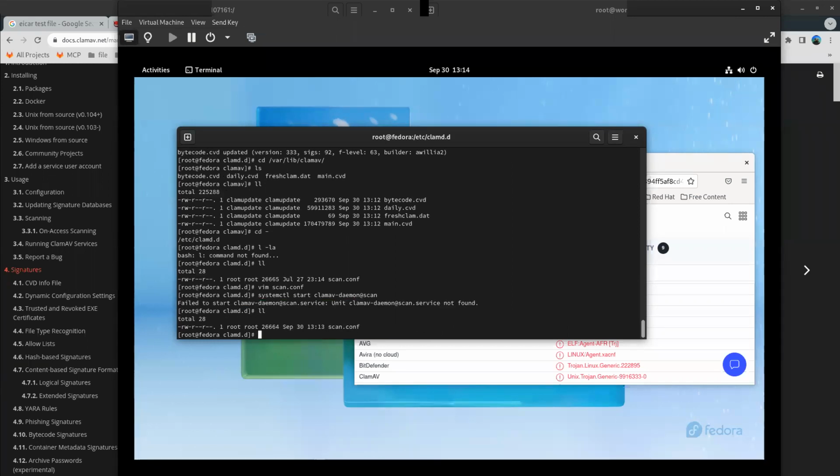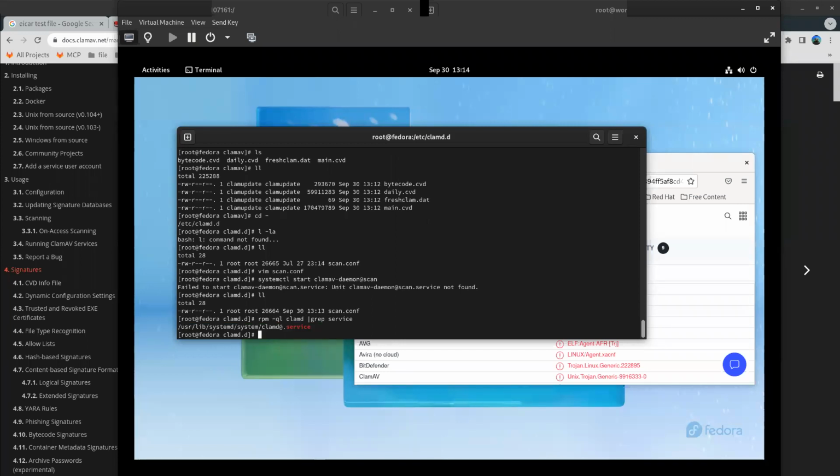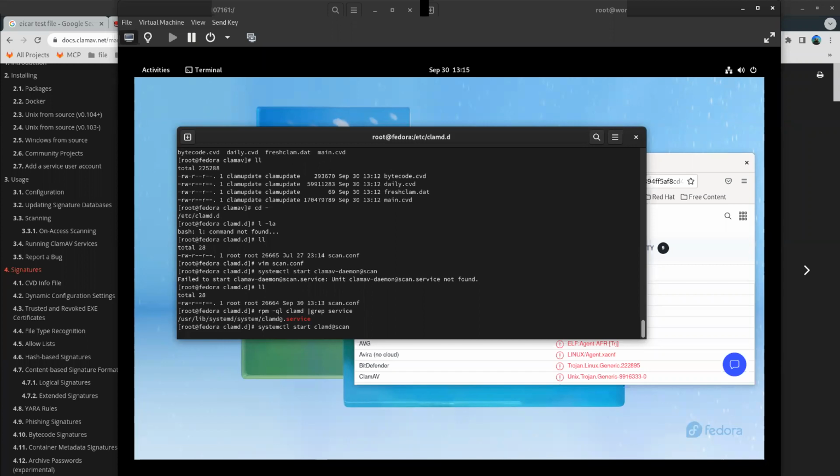There we go. It's clamd, not the ClamAV daemon. The good news is that when this was originally implemented, depending on the version of the distribution you were on, the startup was completely different. This is standardized now from Red Hat 7 up to 9. It's all the same, and obviously in Fedora.